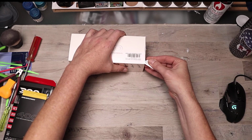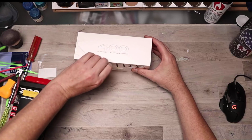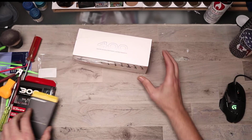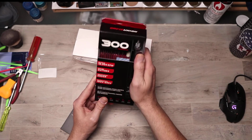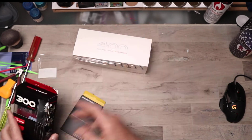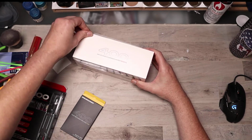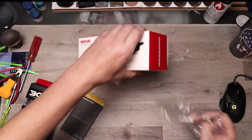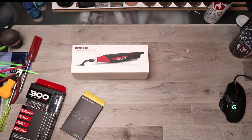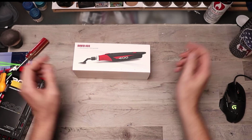So let's open this up first. I think he actually wanted me to open up the Dremel thing because he was kind enough. He sent this for me to review and use. So that's exactly what we're going to do. This I ended up purchasing. And I ended up purchasing this not because I needed it. I didn't even purchase it because I wanted it. But Leona at Leona's Workshop, links down below,